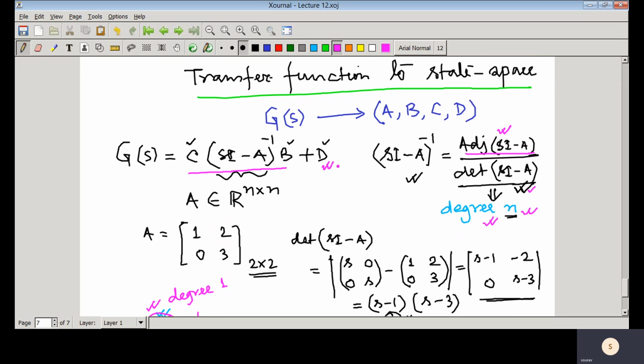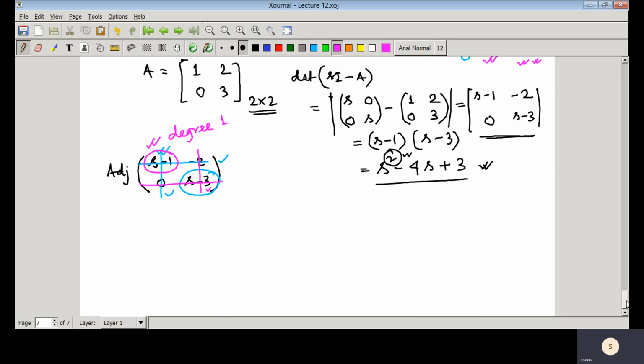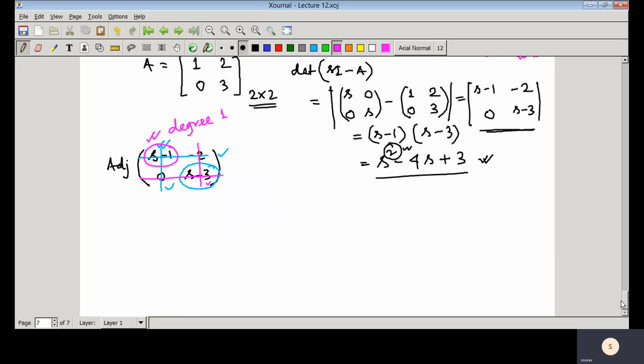And if there is a D term, where D is a constant matrix, then you can see that the numerator degree of that G(s) would never exceed the denominator degree. That means the degree of the numerator would never exceed the degree of the denominator. You can see that with one example, and from this expression and this argument it is clear